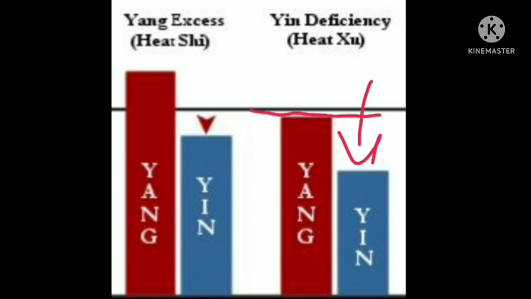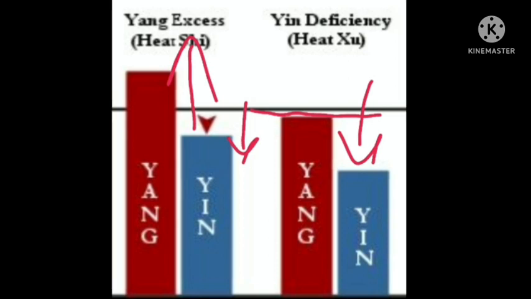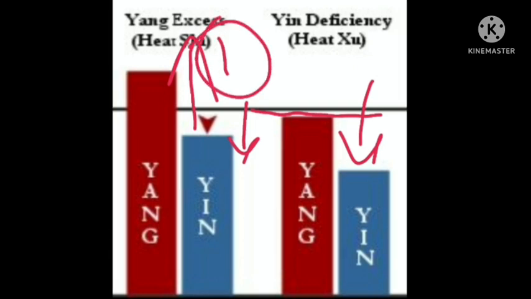When there is a rise in yang, not much deficiency of yin, but the yang is raised above the normal range, then we can say it is an excess of yang. So it is a case of yang excess, meaning full heat. So in condition number 1, we have to reduce the heat from the body. We have to remove the heat from the body. So our treatment will be accordingly.